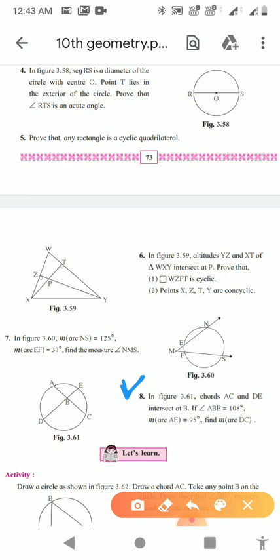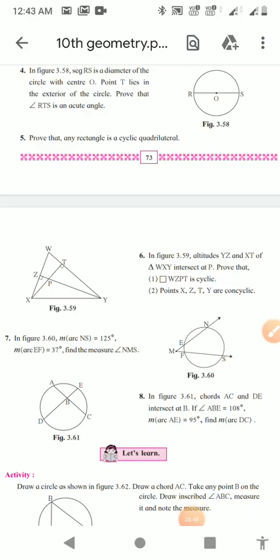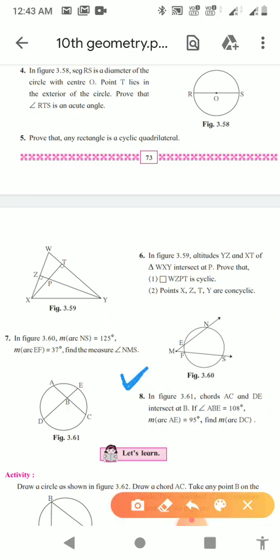If you are doing it within 2 days, there will be a lot of confusion, and you will not be able to solve the questions from this chapter in your final examination. So my suggestion to you all is to solve at least 2 theorems in a day, solve problems based on that, and stop at that position, because this chapter is the longest chapter in your geometry section, or even in math. Now we will see the next question, question number 8, which is quite interesting.